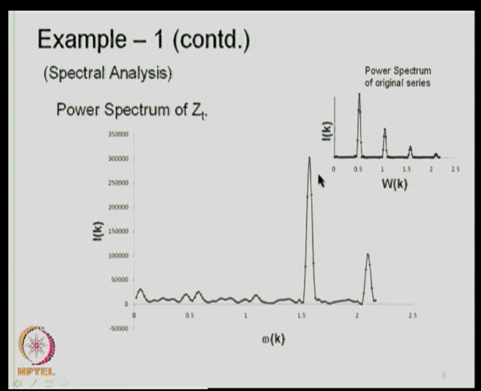These become prominent now. So, somewhere around 1.6 or something you had a spike here in the original data, that becomes prominent, and similarly somewhere around 2.2 or something you had a peak here and that becomes prominent. So, like this, when you remove the periodicities, now you can remove this periodicity from z t using the same transformation that we use on x t to determine z t. Similarly, on z t you remove this periodicity, then you will see that this periodicity becomes more prominent, and then if there are any other periodicities downstream of that, that will become prominent